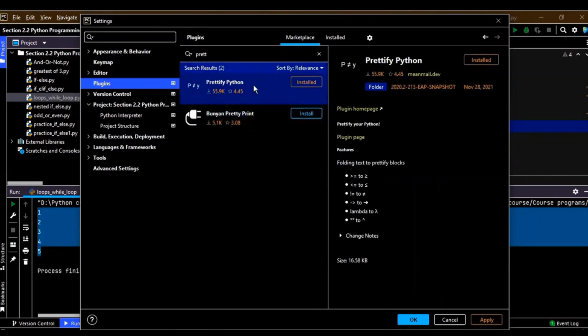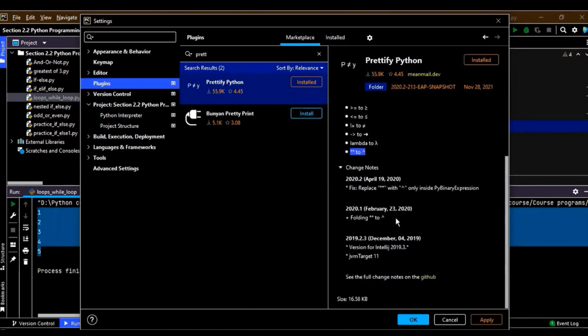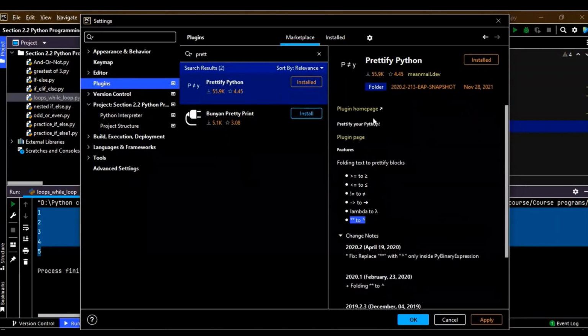Yes, see, Prettyfire Python. This was the one which was changing it. Lambda to lambda. So let me just do something quickly. Do I not have the way out? All right, never mind. I wanted to actually show you